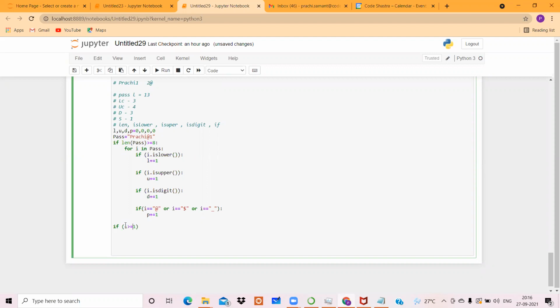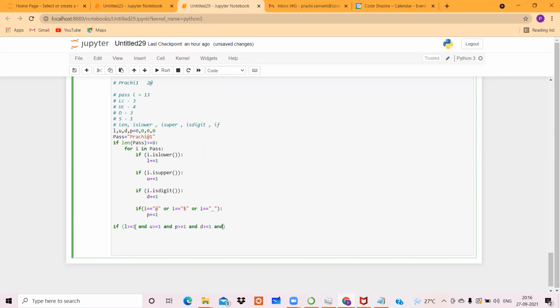That's more correct. So if the value of L is greater than equal to 1, that means there exists at least one lowercase character. And if the value of U is greater than equal to 1, which indicates there is one uppercase character. And if the value of P is greater than equal to 1, which indicates there is at least one special symbol. And if the value of D is greater than equal to 1, then it indicates yes, there exists at least one digit present in that particular password.